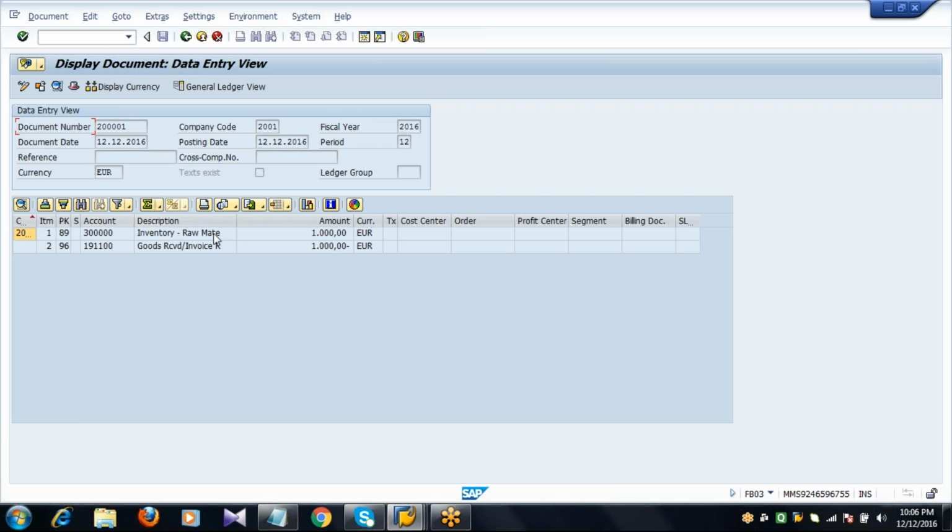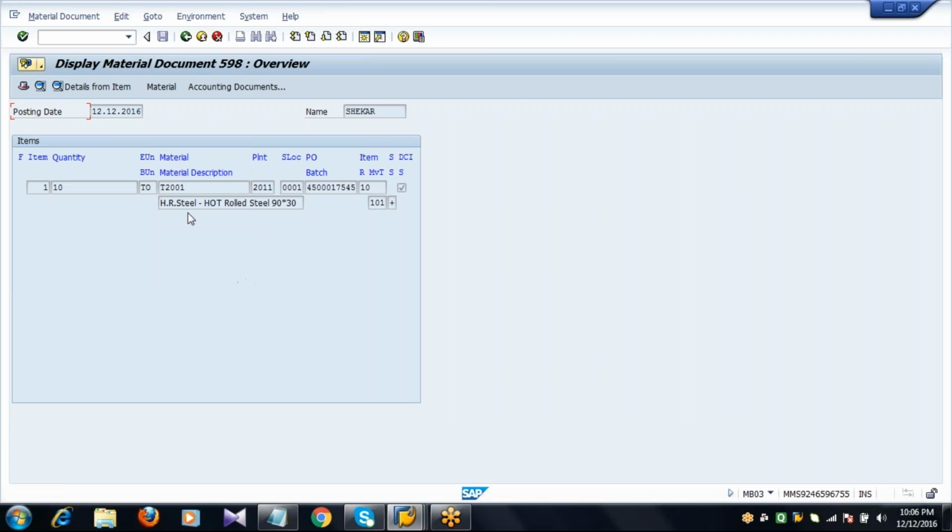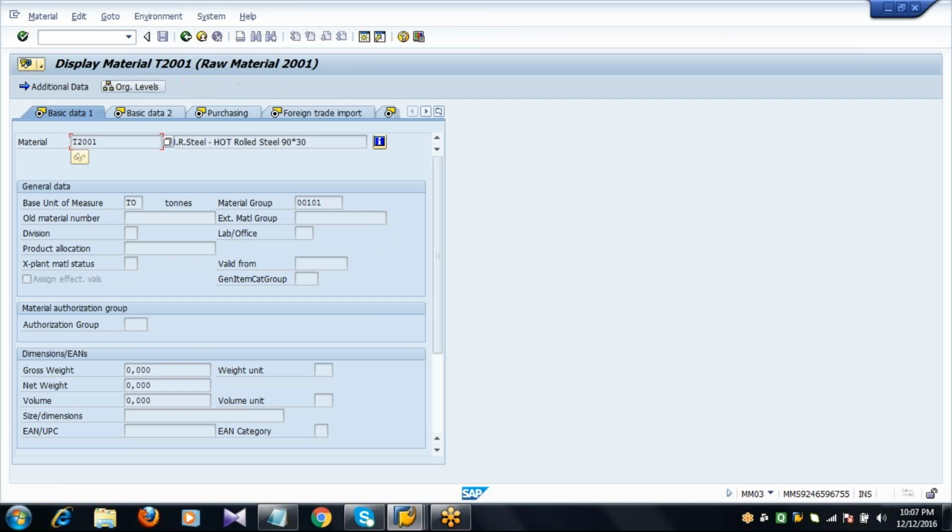The system displays the accounting document because you have received the stock of the material. Go back. Now place the cursor on the material and click on the Material tab. Directly I'll go to the accounting one view.